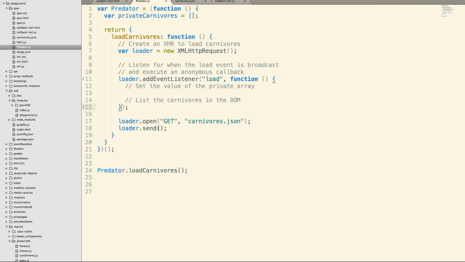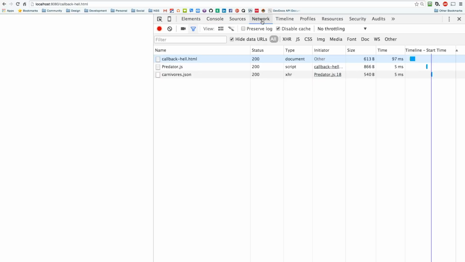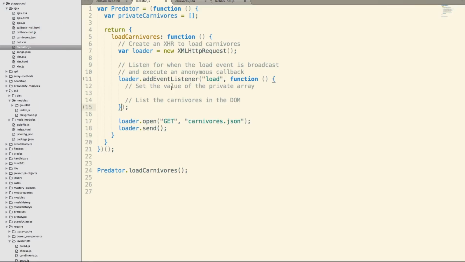So I've got this fired up in my browser. Right now, I'm not doing anything. I'm not console logging anything, so we don't see it. However, that code did run. If I go look in my network tab, I'll see here's carnivores JSON. It's an XHR request, so that code did run. So now I'm going to start adding code in, and we can see how this flows one step at a time. The first thing I do in this callback function,